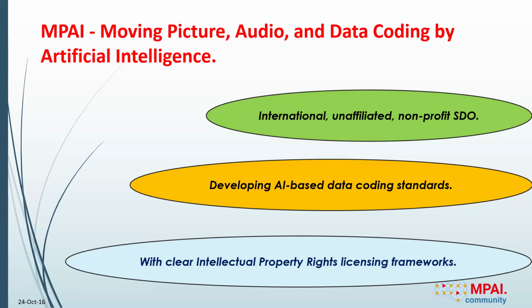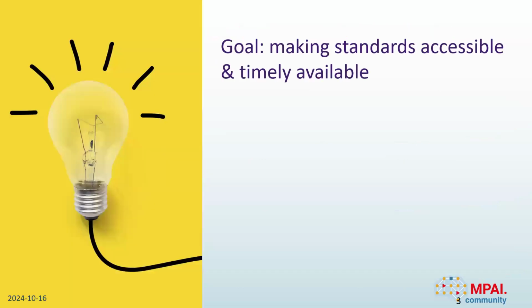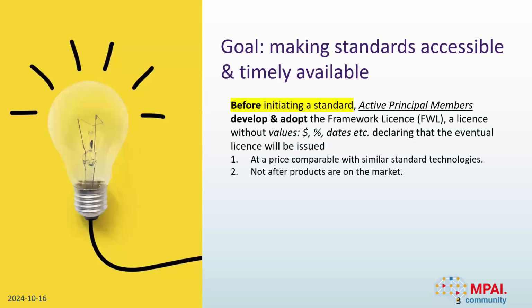But then we also have the issue of a clear intellectual property right licensing framework. We mean by this that we want to make standards accessible and timely available. So you say, why do you want to make standards accessible? Well, sometimes standards cannot be exploited, or they exist but they are not timely available. So we want to help in resolving this, and therefore we have a process based on the fact that before initiating a standard,